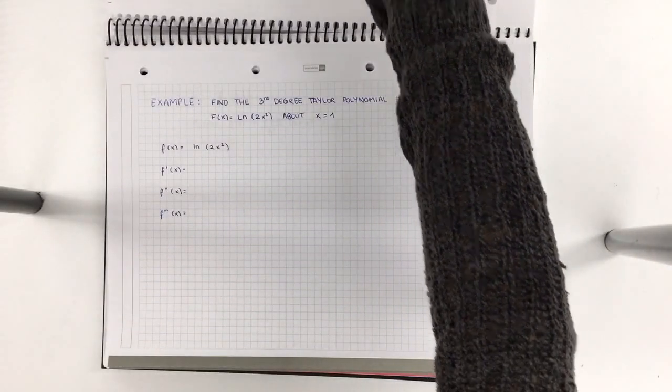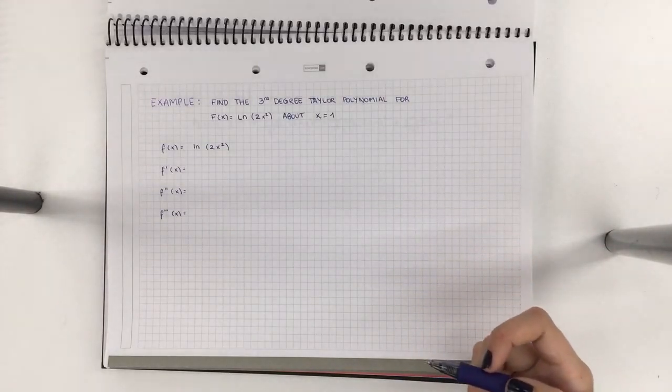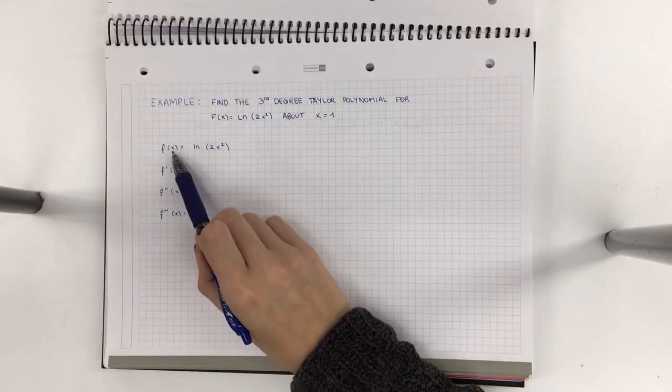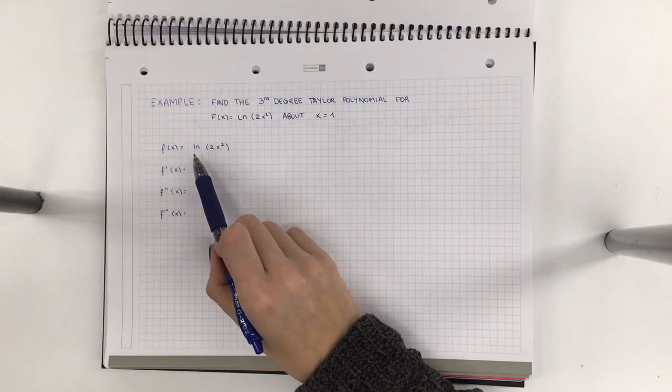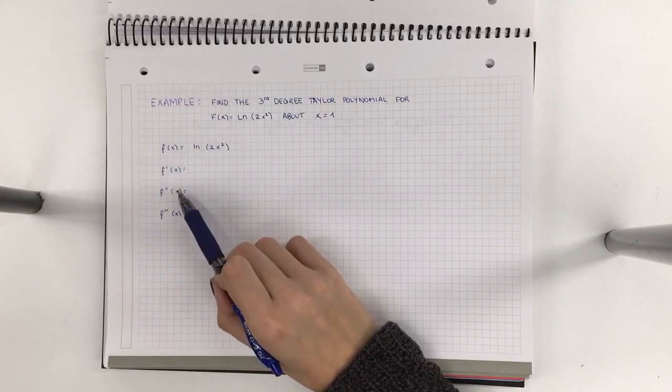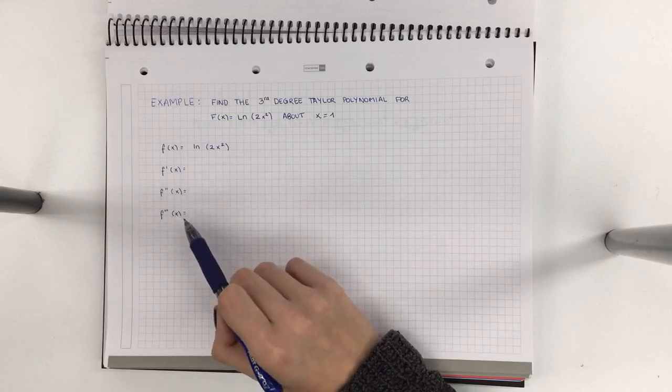So let's see an example. If we have to find the third degree Taylor polynomial for f of x equals natural logarithm of 2x squared about x equals 1, then we have our f of x, which is natural logarithm of 2x squared, and we will have to find the first, second, and third derivatives because we are trying to look for the third degree